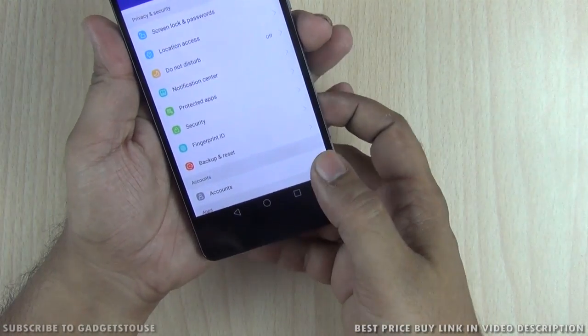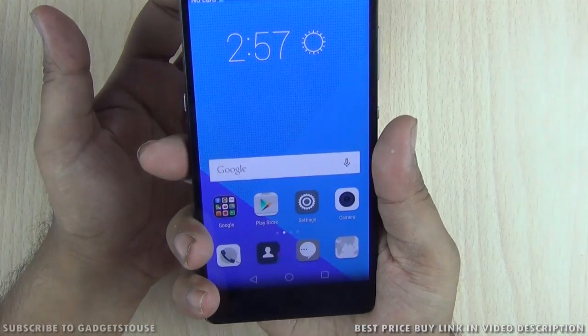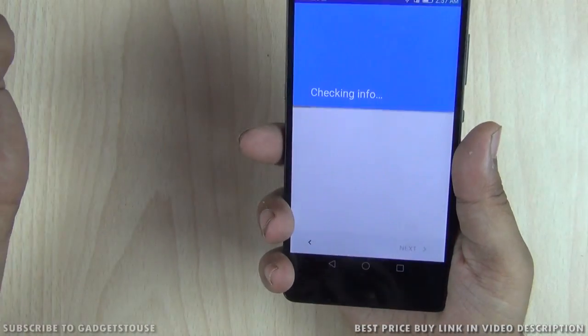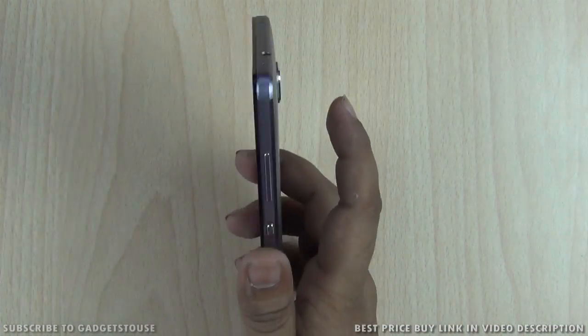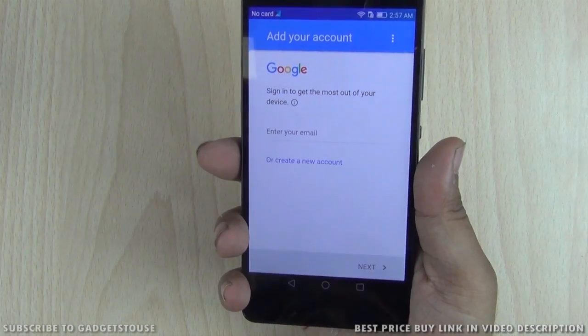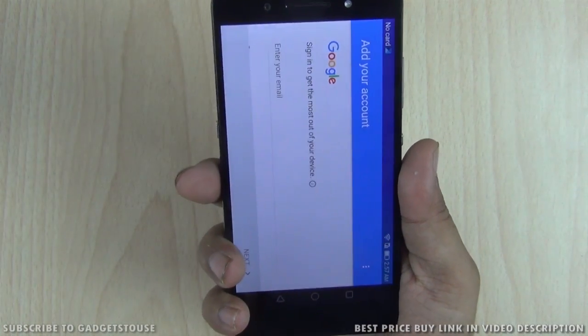Apart from that, you can also use it as a navigation button. So the moment you tap on the fingerprint sensor, it will go back to the home screen, which is possible. For example, if I'm in this application and I want to come back and I don't want to use the button over there, the home button, I can actually tap on this one and come back to the home screen